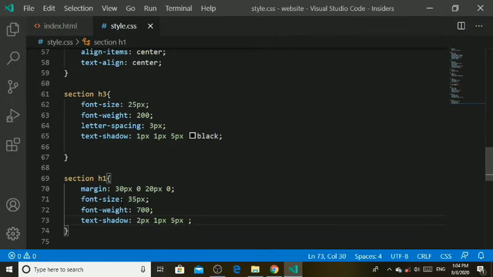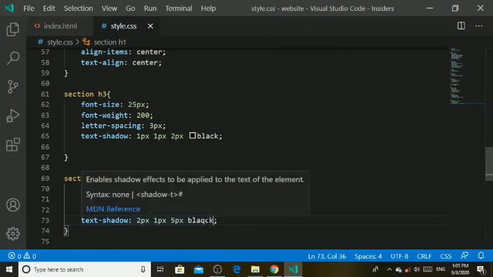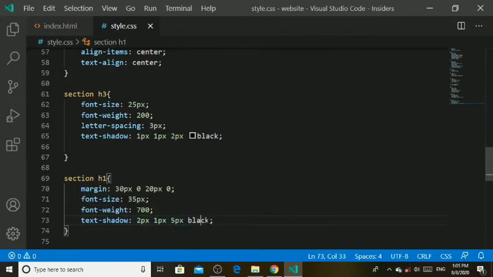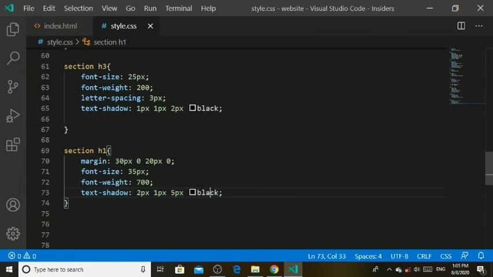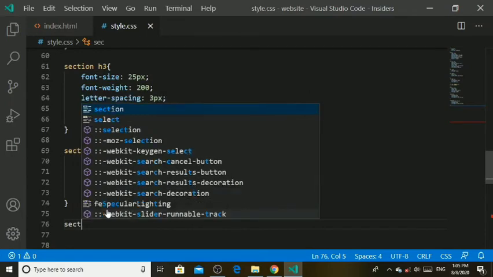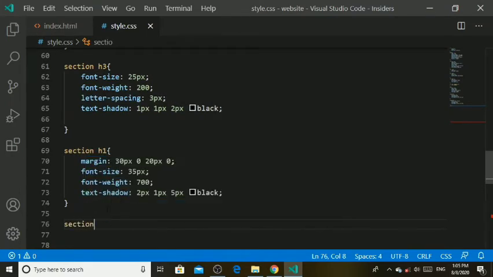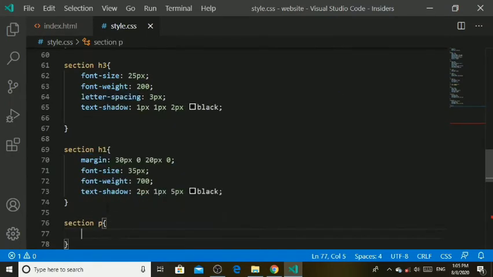5 pixel black. So in this section H3, I made a mistake with this pixel value as 5, so I have written here 2 pixel. Okay, and then black, and I have to just complete this text shadow of H1, so at the end I have to write black. Okay, so it's now perfect. Now after this I have to write section A, section, and then space, and then A,